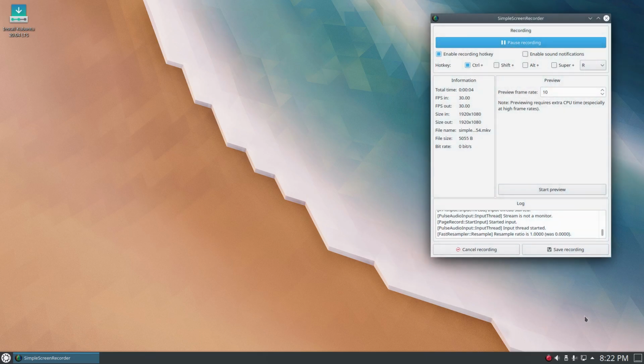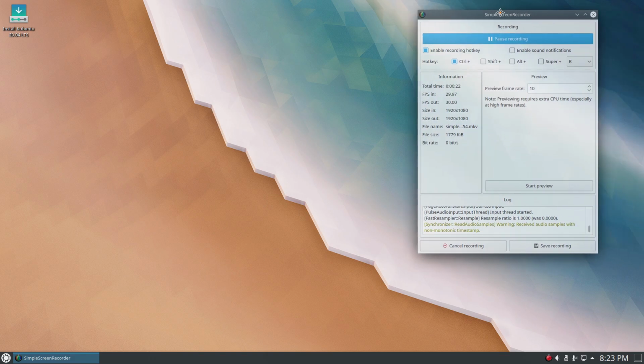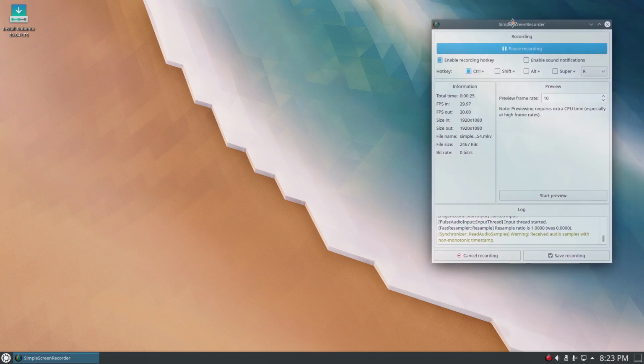We're going to take a look at the brand new Kubuntu 20.04 LTS release. As of this recording, it's still a beta, not finalized, but I think it's good enough to test. So this will be one of those, what you see is what you get. I will not be editing this video, so hopefully this will hold up. Now, I did have to install Simple Screen Recorder to record this, so this normally does not come installed by